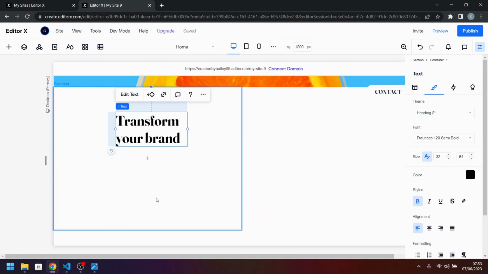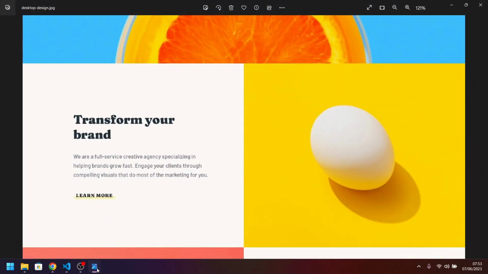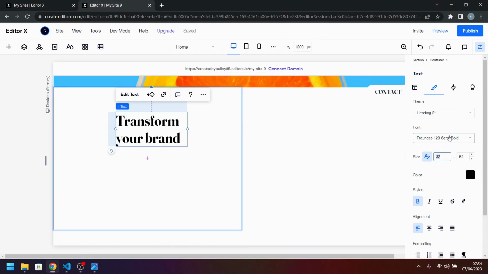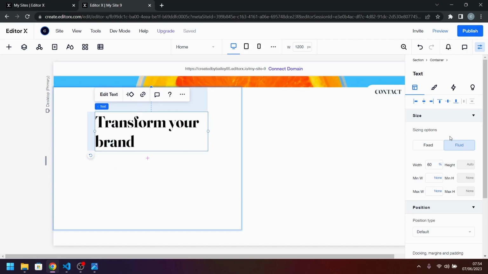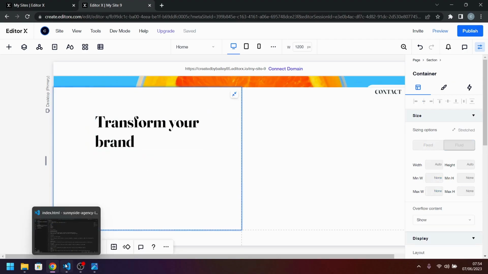54. I think 54 looks good, but we're going to make the smallest it can be 44. And we're going to change how much width it's allowed to take to, let's try 60 for the minute. Getting closer. Next we're going to